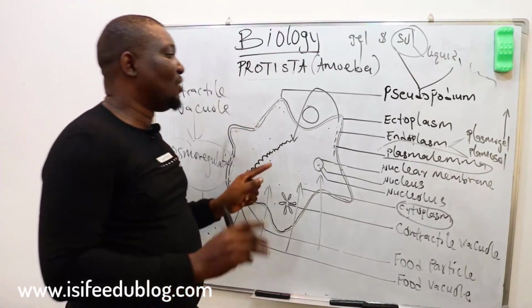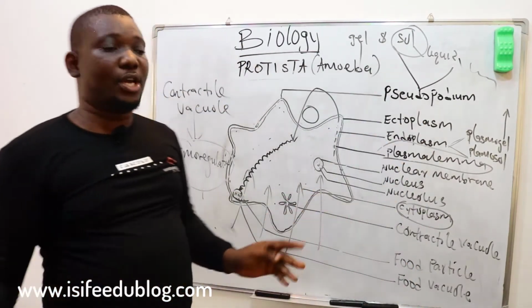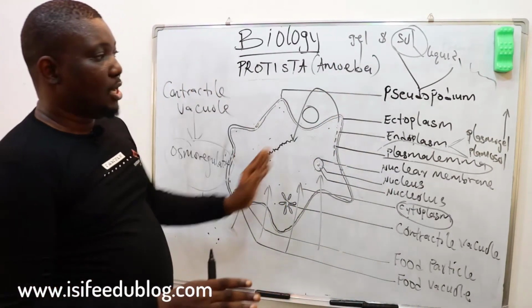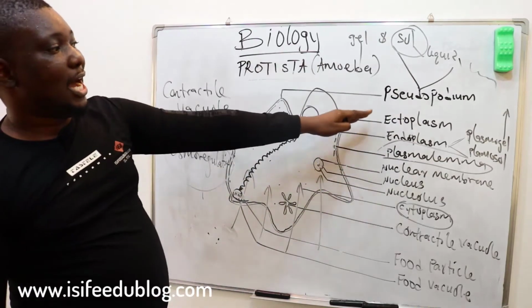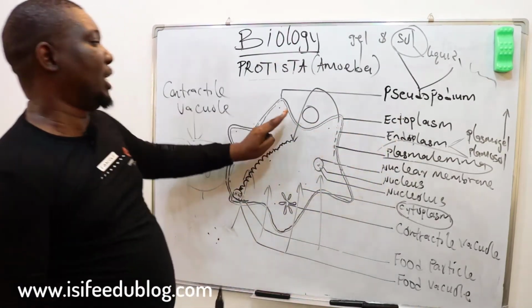What you have here is only cell level. The whole thing you see here as the labeled features are called organelles. So each of these organelles has its own function. They are dependent on this organism. The pseudopodia is for locomotion and for feeding. This organism is made up of two parts.